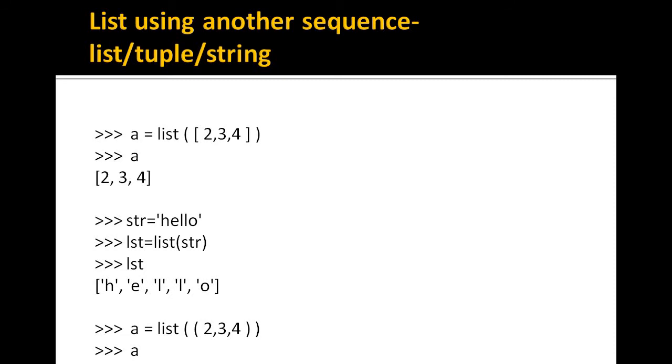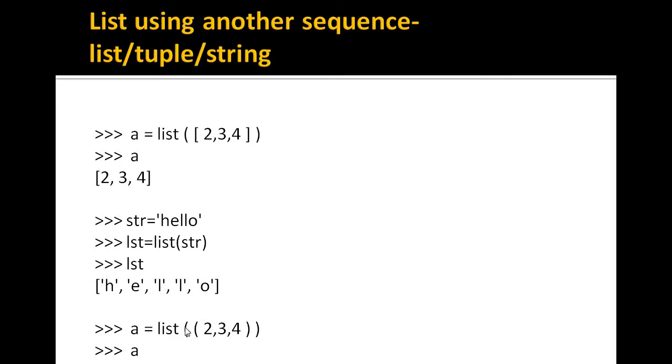Here you are passing a list inside the list function first, and then you are creating a string and passing it into the list function. It is converting this string that has the characters HELLO into a list of characters. That means each character is now being considered as one item of this list. Here you can see the answer. The list has 5 characters. All are separated by comma.